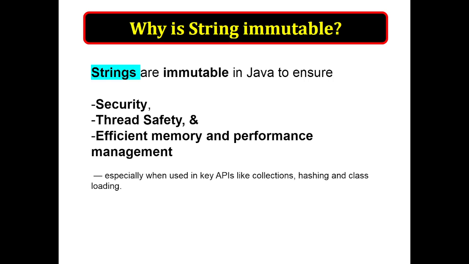In general, strings are widely used in every part of Java, like file paths, networking, hash code caching, thread safety, class loading and interning, and there are many other areas like collections wherein string is heavily used. That is the reason it is immutable, because if strings were mutable, malicious code could alter values after validation, creating security vulnerabilities. That is the risk, that is why strings are immutable in Java.